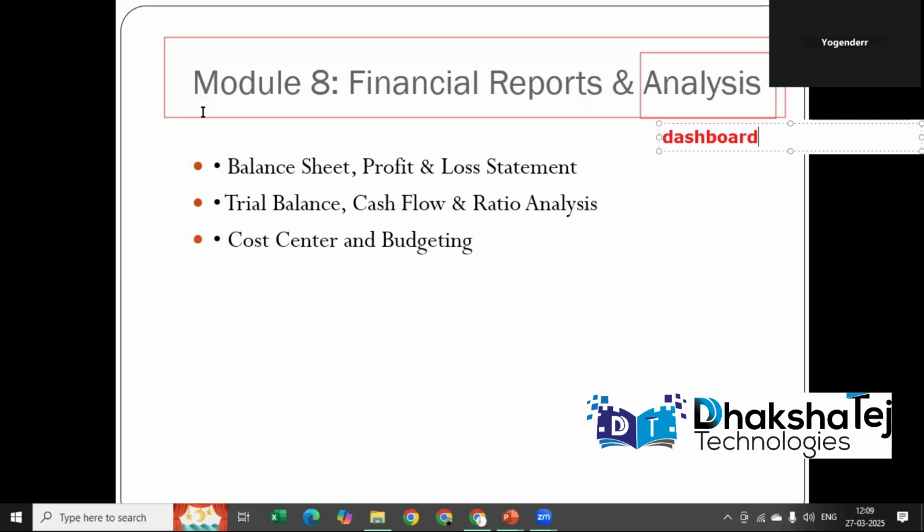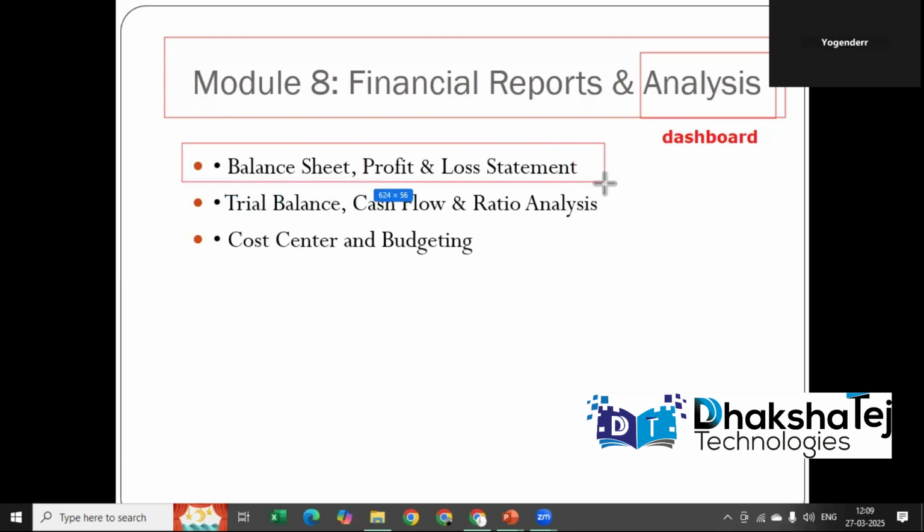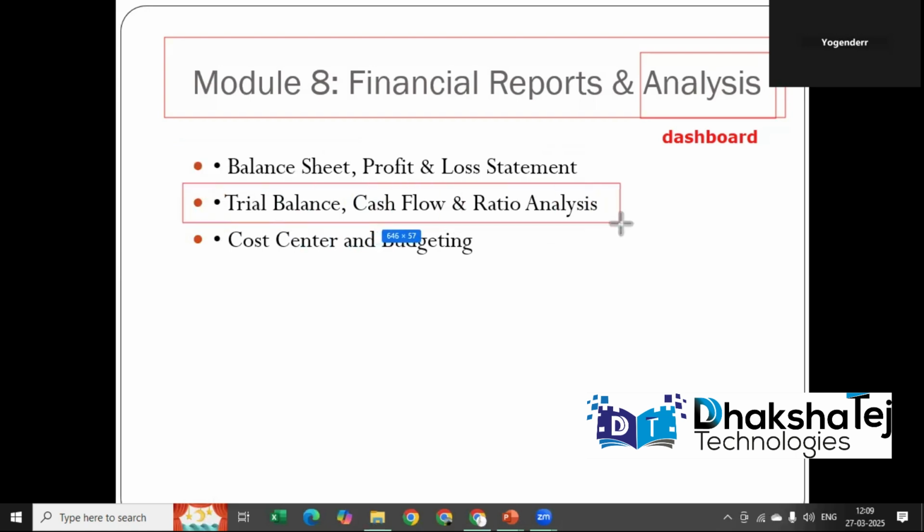We'll also discuss the balance sheet in the regular ways. It's not a one day method. For every method, every problem, we need to check whether the balance sheet is correct or not. So trial balance, cash flow, ratio analysis, cost center and budget accounting. This is an important topic. Cost center and budget accounting, we will show you practically. Estimation of budget,